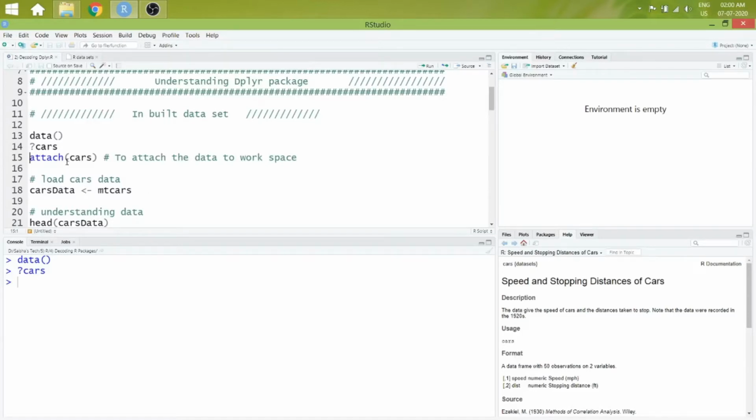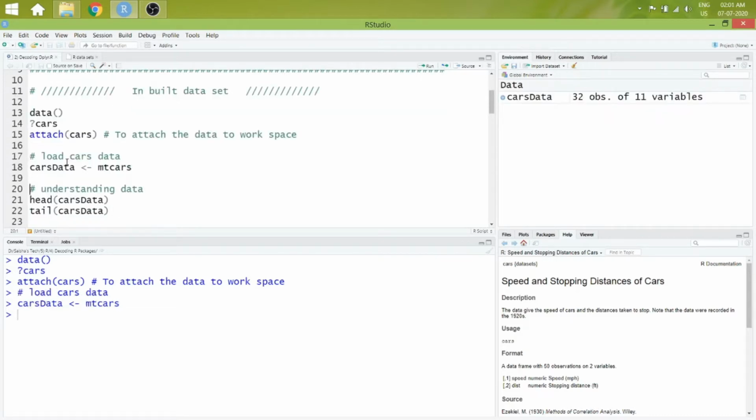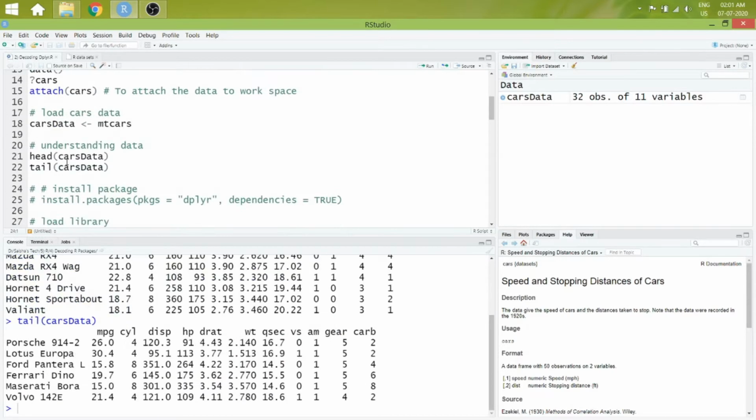The attach function helps us to attach the data to the workspace. In line 18, we are saving mtcars data into a new variable, cars data. We can observe the first and the last 6 rows using the head and tail functions of mtcars data.